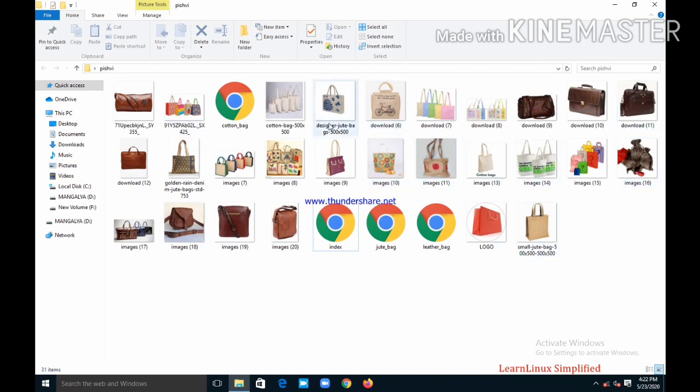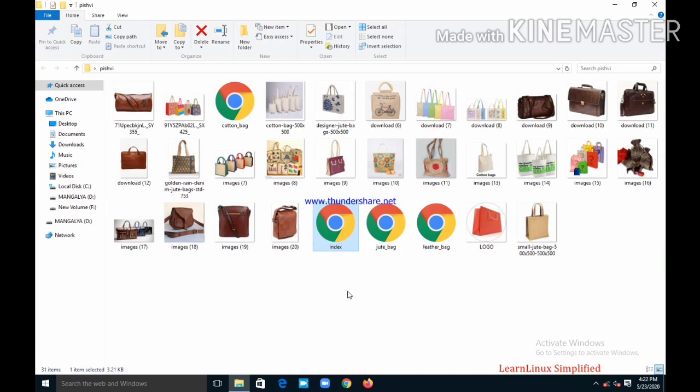Second, whenever we create a page, the first page should be the index page, that is our home page.